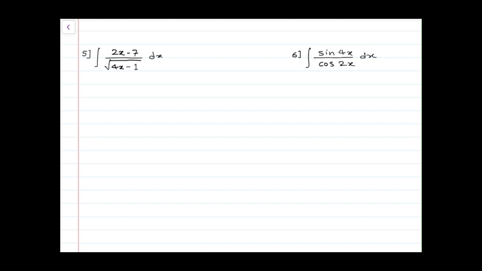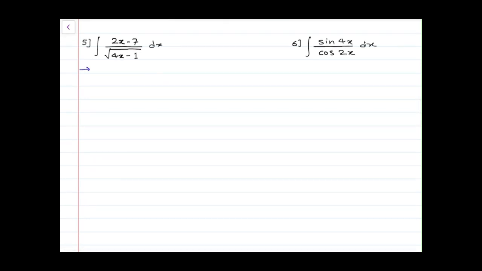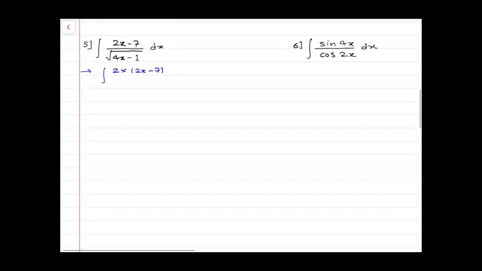Okay. Now again, we have a similar kind of ratio of two algebraic functions. We can use the division method, or we can just smartly play with the numbers. So what I can do, I can multiply and divide it with 2. I'll not change anything, right? So if I multiply with 2 to the numerator, it will get multiplied, and in the denominator also I need to multiply, right, to keep the equation same. So 2 times root of 4x minus 1